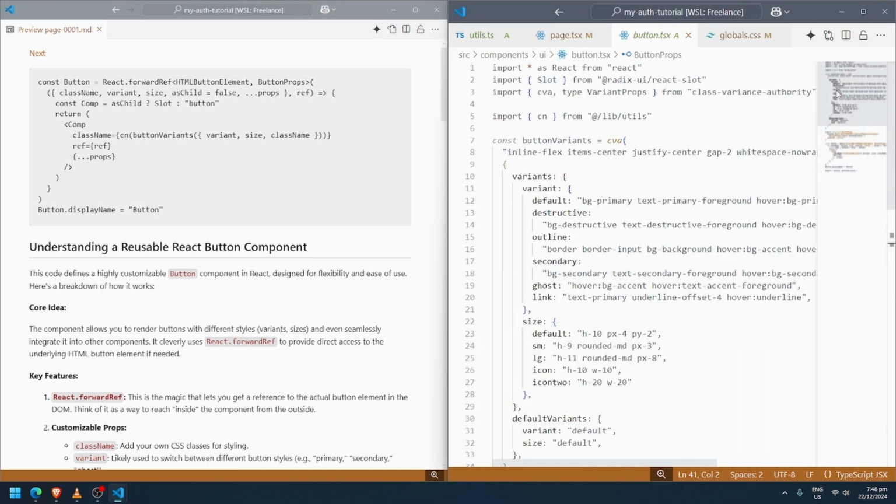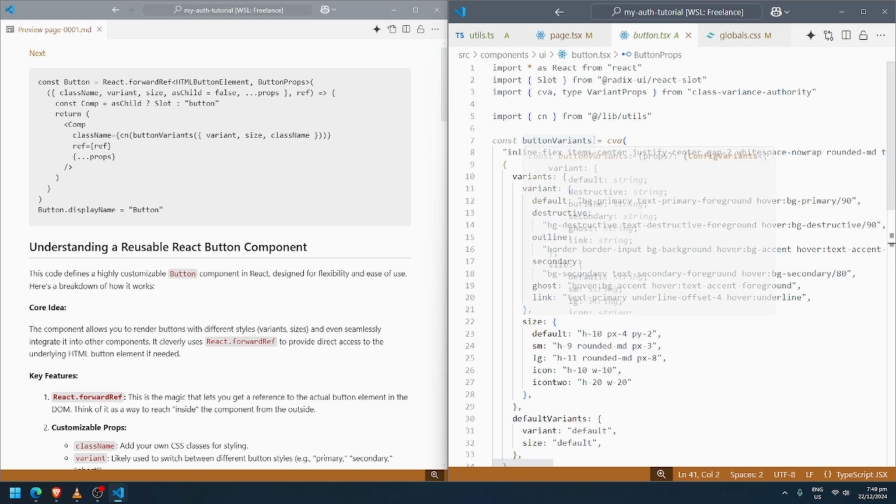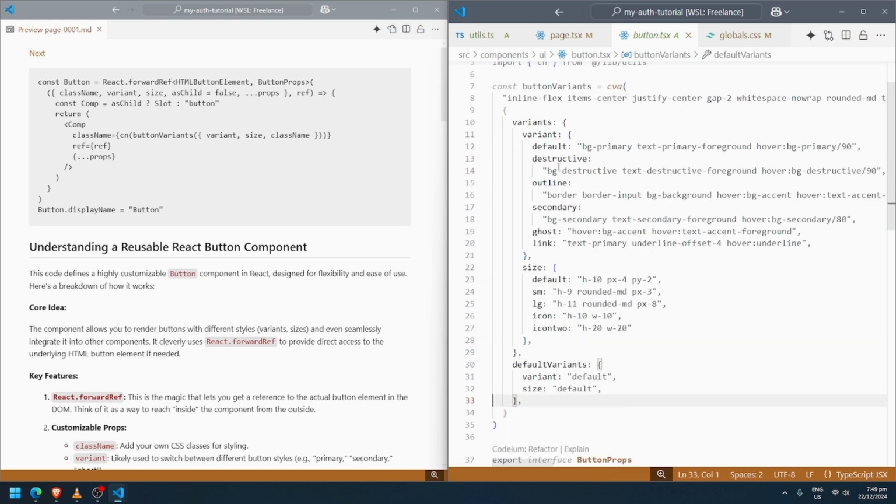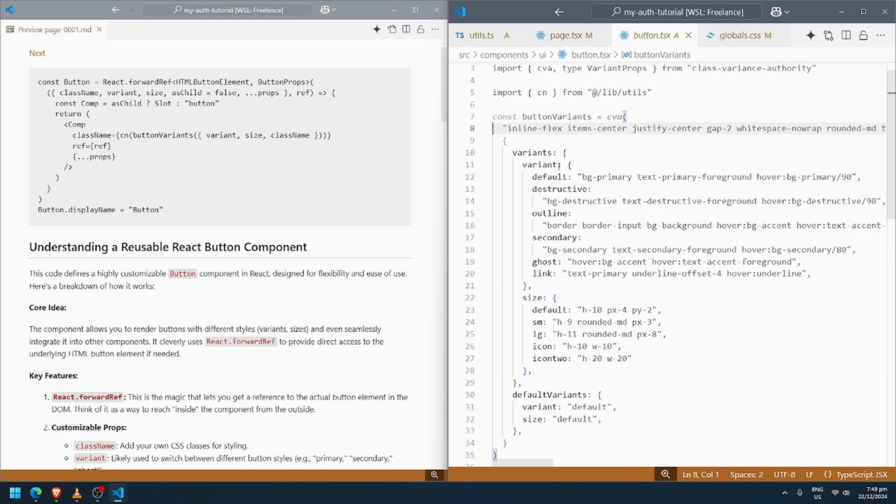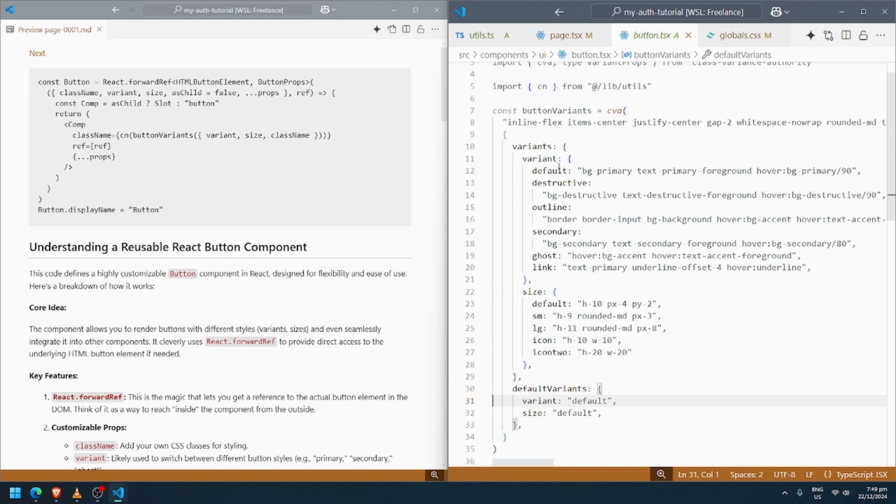If we inspect this file, all we can see is import, and there is a variable declared here and a function cva which takes only two parameters, a string and an object, and the second parameter is the variants. And in that variant object, there is also a variant containing a default key, destructive, outline, secondary, ghost, link, and it contains tailwind classes.